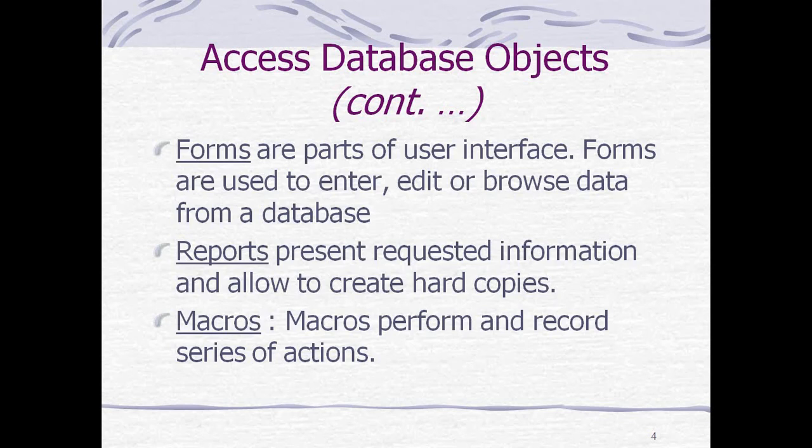So macros are a series of actions. Once you record them, they will be available under a specific name under macros, and if you click on it, the same action will be performed again on given data. We have learnt macros in MS Excel as well as MS Word, so we all understand what macros are. So these are the five major objects we have with MS Access. Do not get confused here. One of the common confusions is that when such a question is asked in the final exam or any exam to mention the objects, generally students write objectives.